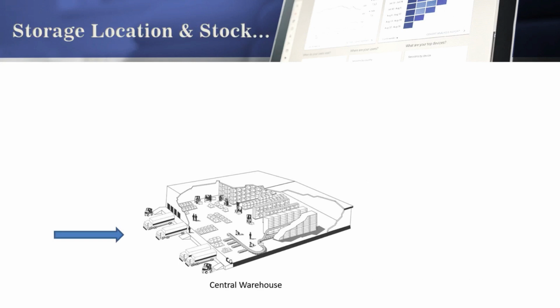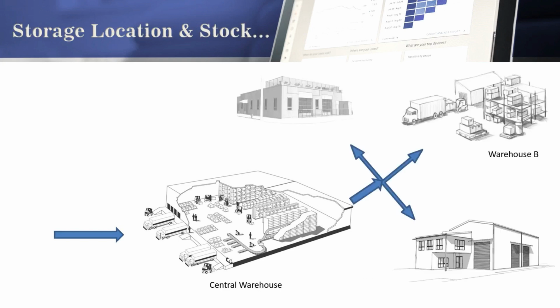Now we are going to discuss one more benefit of using SAP. Again, consider a broad-level operation of a plant, where they have a central warehouse. Once material is delivered, the central warehouse may not be capable enough to sustain all this material in its system. Then they may distribute it to different warehouse locations, like warehouse A, warehouse B, warehouse C. And please note, each warehouse will also have rack numbers and location numbers, where individual spares or raw material may be kept as storage. Now assume someday the plant sends a requirement to the warehouse that this material is in stock and we have a requirement of the same.